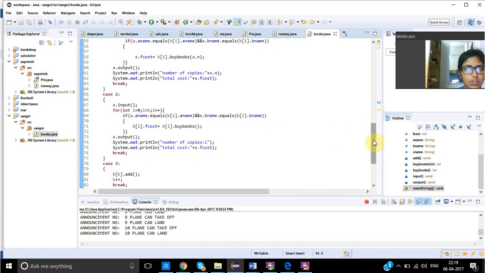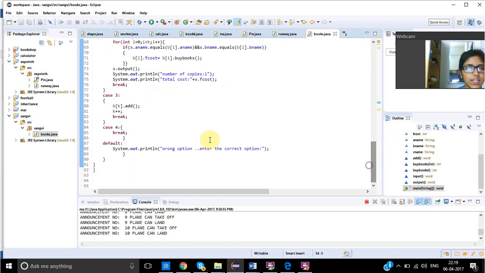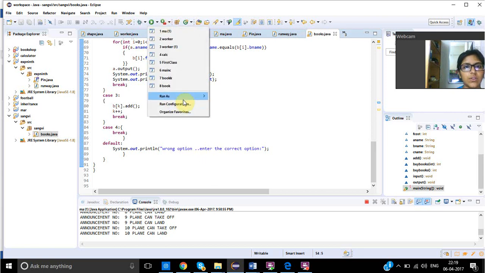Now case 3, b of k dot add and k plus plus, we increment it, break. Now case 4 is break, and default is wrong option, enter the correct answer. Now when we look at the output,